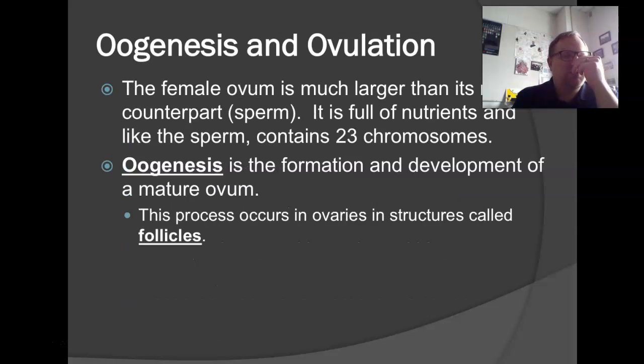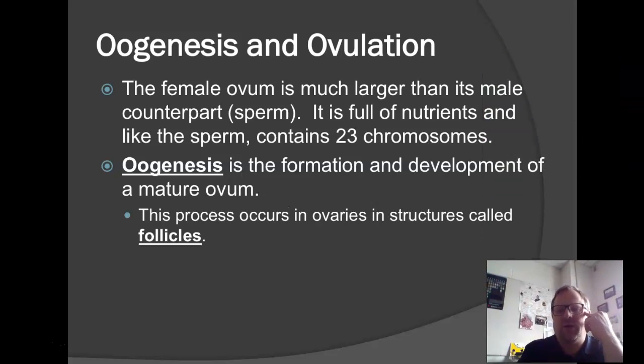So what we're going to do now is we're going to shift gears into talking about, like we did with males, we talked about the process of spermatogenesis. Now we're going to talk about the process that goes on to create eggs, or mature eggs in this case. So that's an important point, is I'm going to be very conscious to try to say that we're maturing eggs once a month rather than creating eggs once a month. Remembering that the ovaries, when a female is born, contain all of the follicles, all of the eggs that will be there for the rest of their